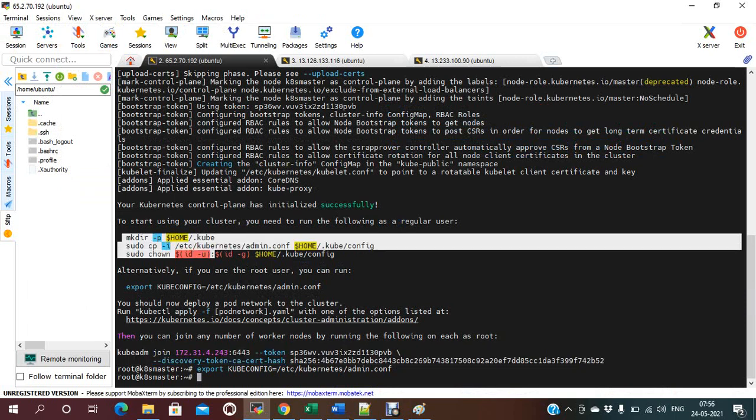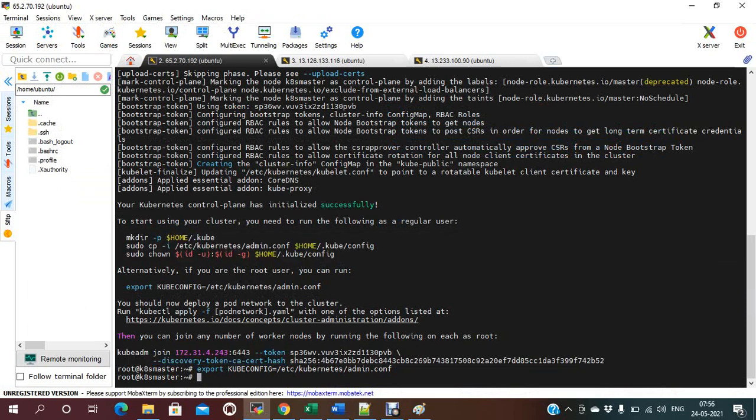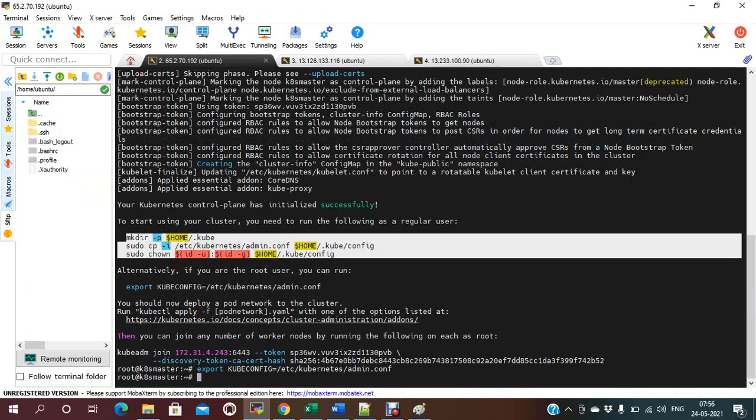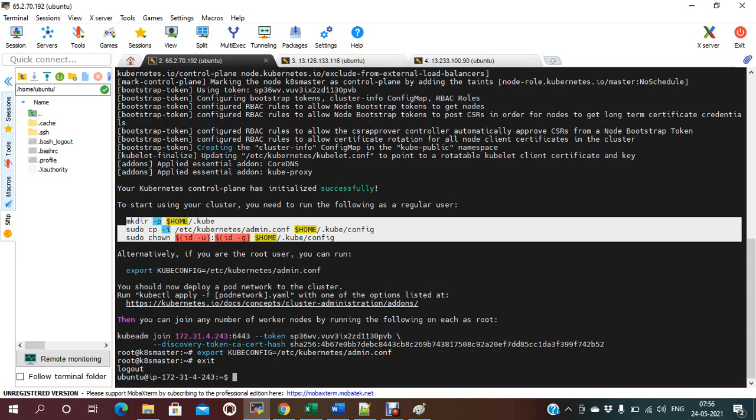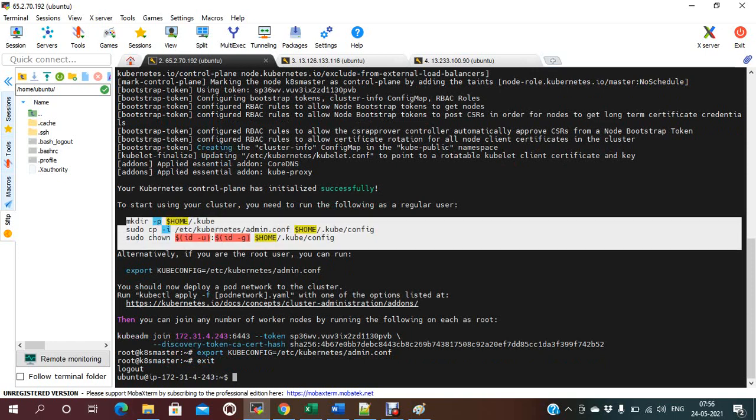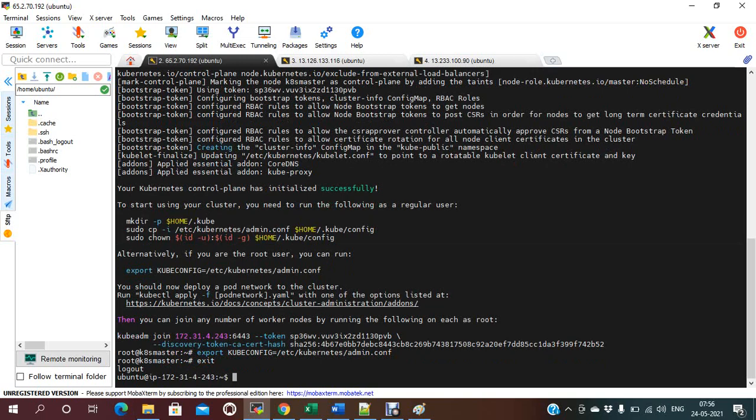Meanwhile let me switch to normal user. Exit from the root user, and now I'm in the Ubuntu user. I just need to run all these 3 steps.